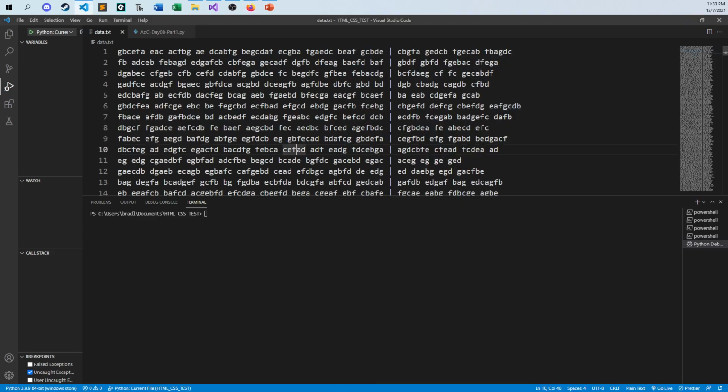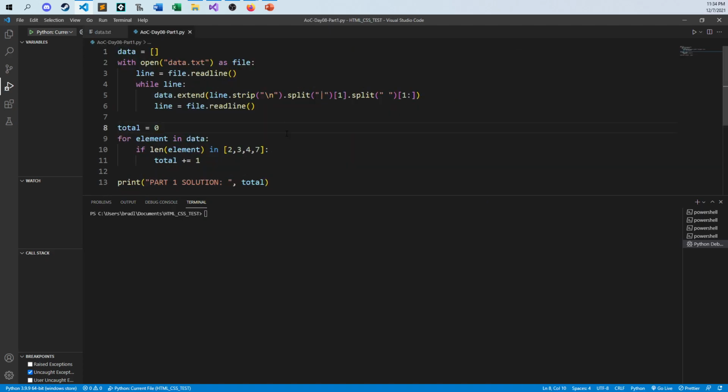So here's the data set. I'm basically just going through and asking, once I parse the data, how many of these things have those numbers? And that's it. I know this is complicated, and I probably don't even need to do all of this. But for my data set, I get the right-hand side, strip off the newline character, split this by the pipe symbol, get the second element, the one on the right, take out all the spaces, and for some reason there's still an empty character, so I get everything past that empty character,